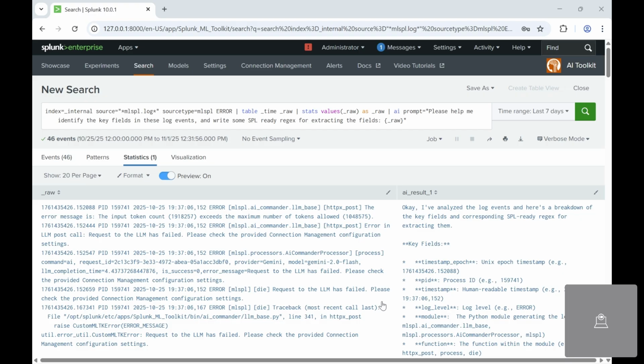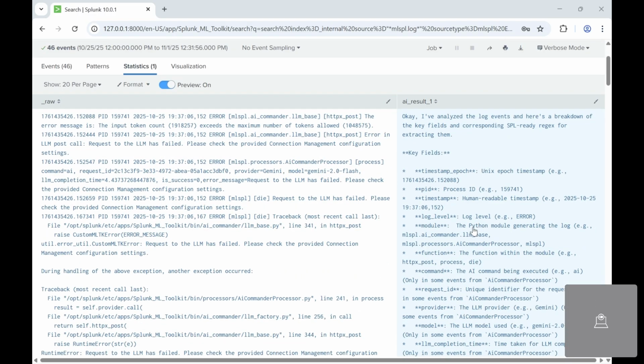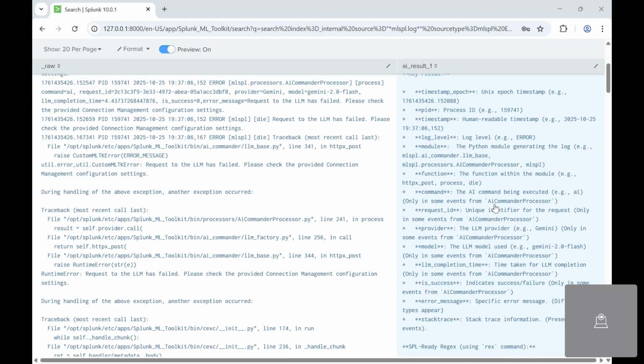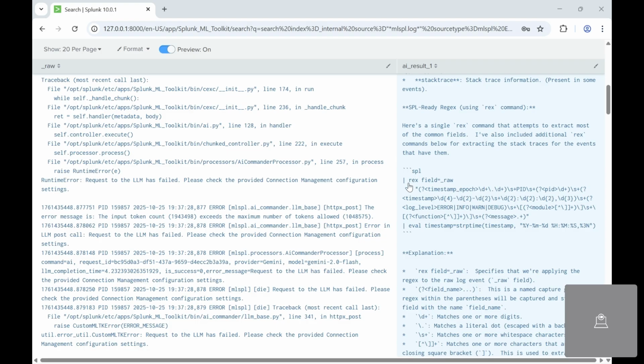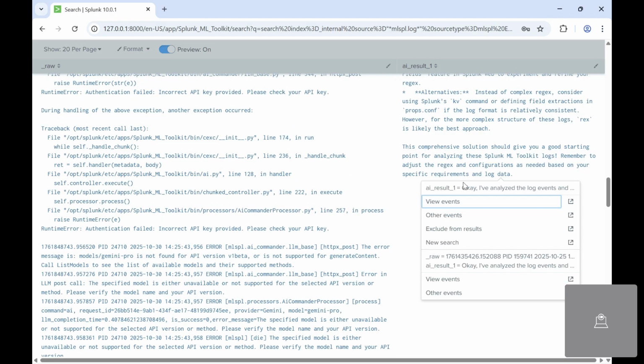Once our search is completed, we'll see two things in the output. A plain English description of the fields it found, in this case, timestamp, process ID, command, provider, model, etc., and some regex suggestions for extracting them. In this case, it generated a complete rex command ready to paste for us to use to extract some key